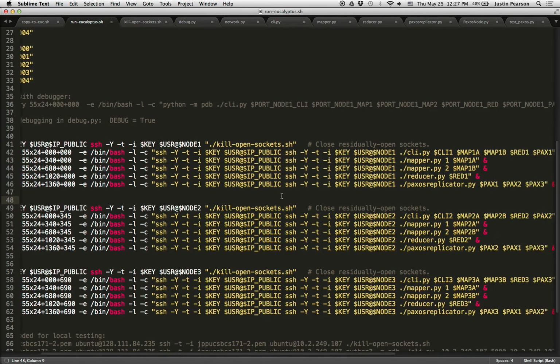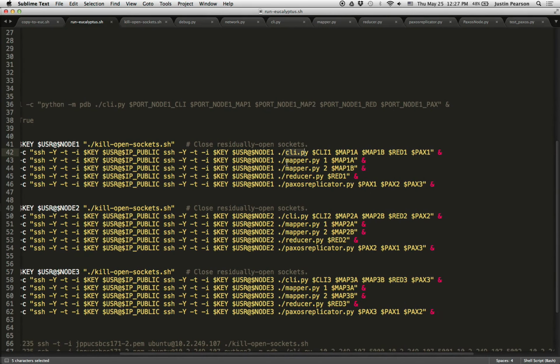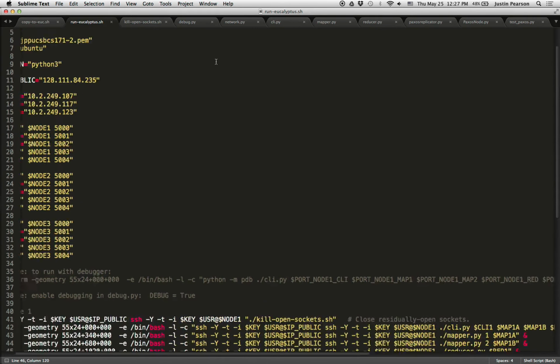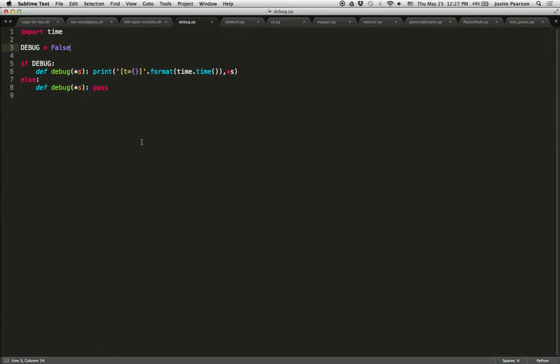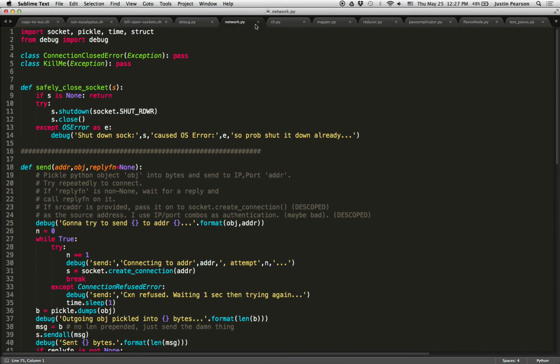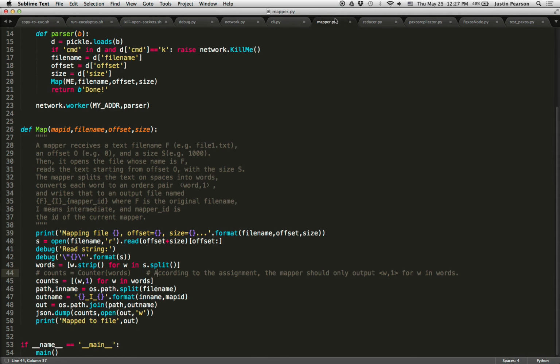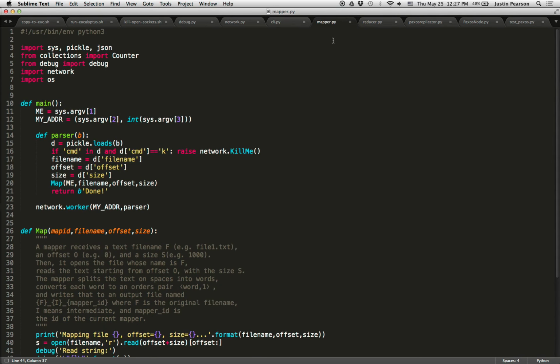Okay, so now let me talk about the code, the structure of the code. So we have the command line interface, the mappers, the reducer, and the Paxos replicator. And all the code is right here in these tabs. There's a debugging module that gives you one way to turn debugging print messages on and off, which essentially just prints out the time and the message. Fine. I'll get back to the networking one because I want to show you from the top down. So the mapper